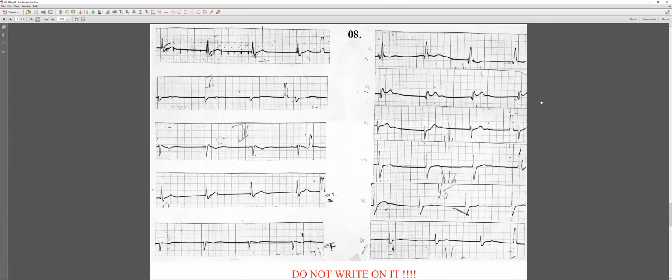Bundle branch. What kind of bundle branch block? Maybe right, I think. Because? What did you say? Because the axis was... No, nothing to do with the axis. Sorry, the R is big in V1. Yes, wide R wave in V1 and the wide S wave in V5, V6. We have the reciprocal. That's it. Okay. Now we do have a right bundle branch block and an extreme left deviation, meaning